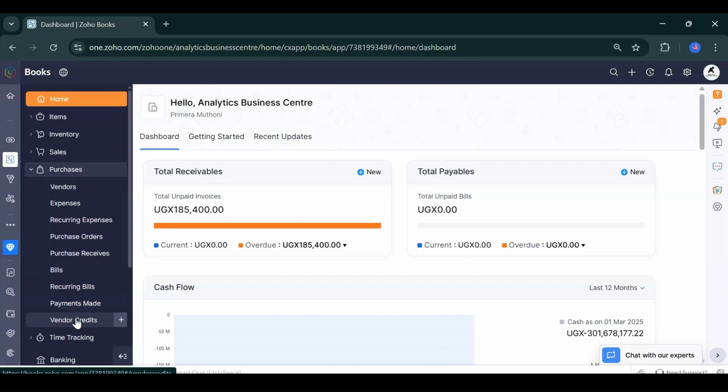So we have this other module, it's called vendor credits. Let's say now you have brought in your goods, but then you have realized that some of the goods that you have brought in are less, some of them are faulty, some of them are damaged. So you issue a credit. So a credit note, a debit note or a vendor credit